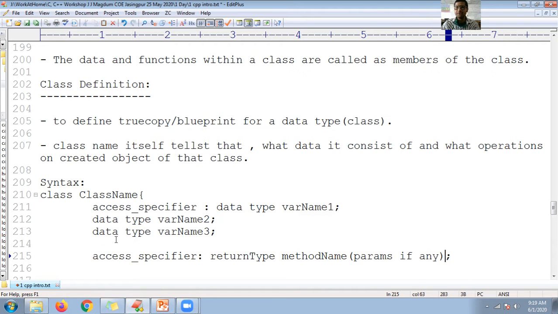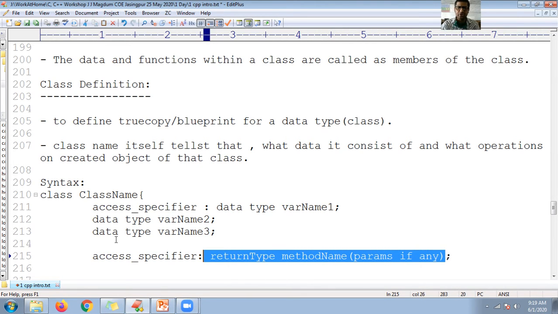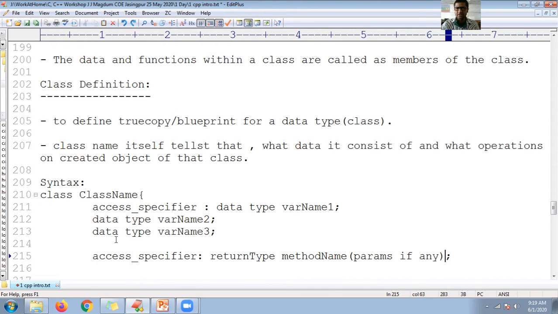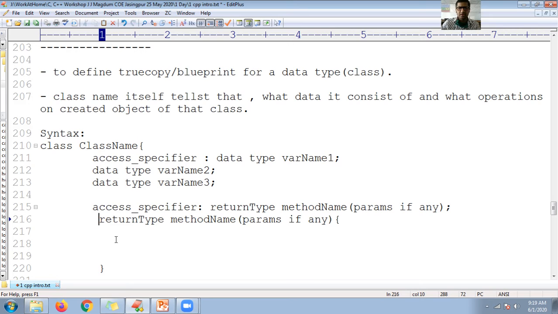Okay, this is function declarations, or you can call them method declarations. Even you can define the methods within the class also. So this is the body. Method name, or you can call it method name. This is method name 2, and here is the method body.